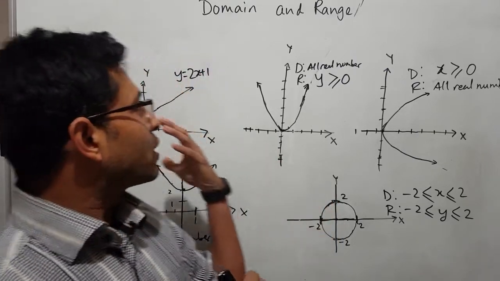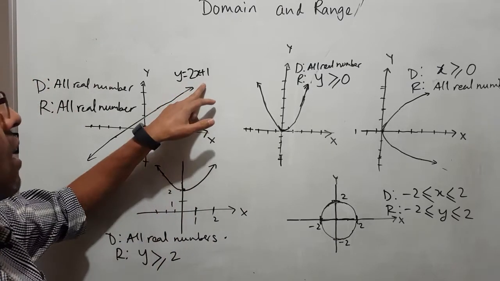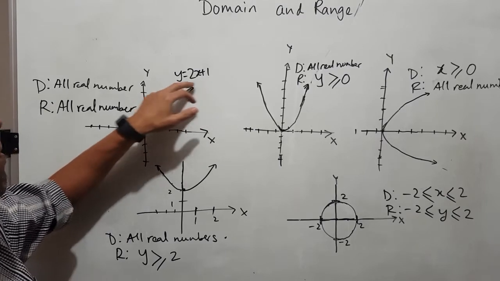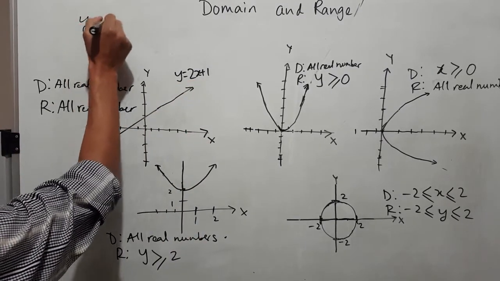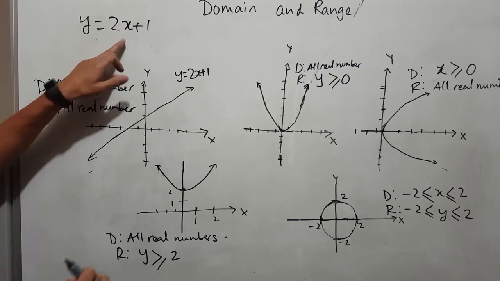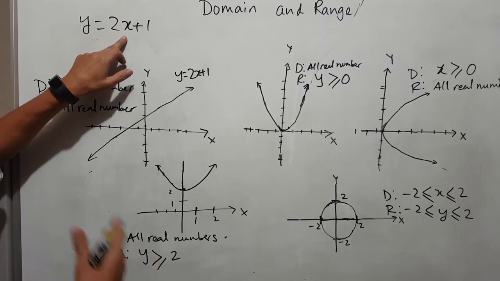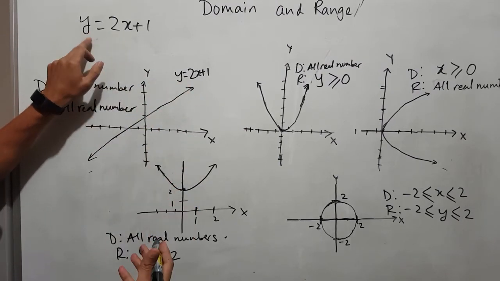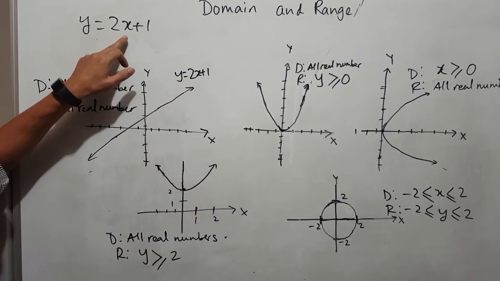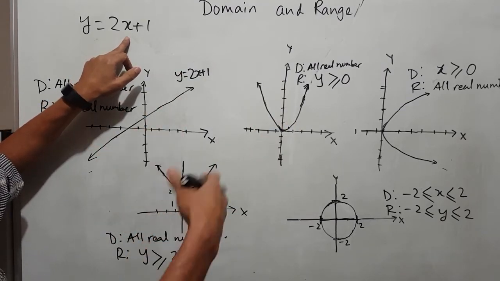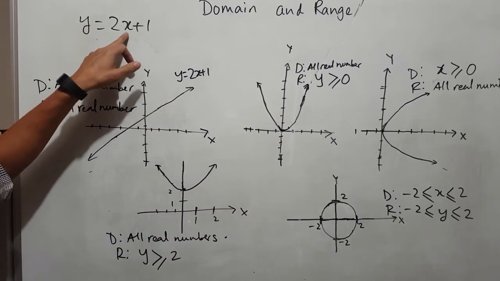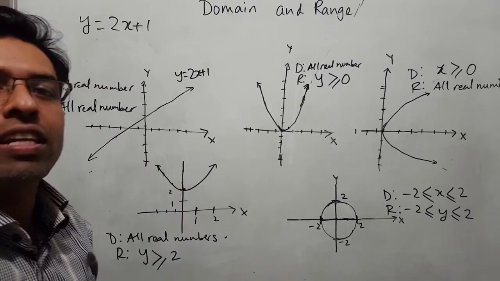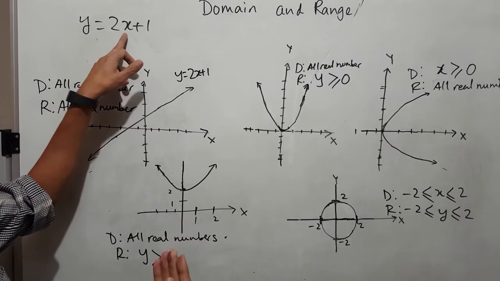If we are even given an equation, you can easily see that the domain and range are all real numbers. For example, if it is given y equals 2x plus 1 and I ask what is the domain and range, you can just say, because you are free to choose any value of x, there is no limit. You can choose x equal to 0, x equal to 1, x equal to 2, you still get the corresponding y. If you go for x equal to minus 1, x equal to minus 2, if you substitute x equal to minus 2, you still get the y value. So nothing stops you from choosing any value of x. So you are free to choose any value of x. It means your